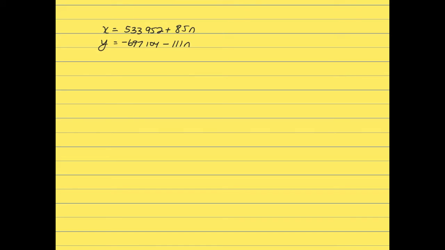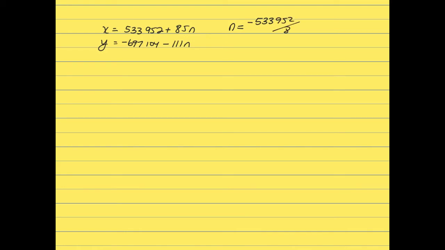So here again are the equations for x and y, and our goal is to figure out values of n that make both x and y positive at the same time. To do that, the first thing we're going to do is set x equal to 0 and solve for n. And then set y equal to 0 and solve for n. When x equals 0, we solve for n. You get n equals negative